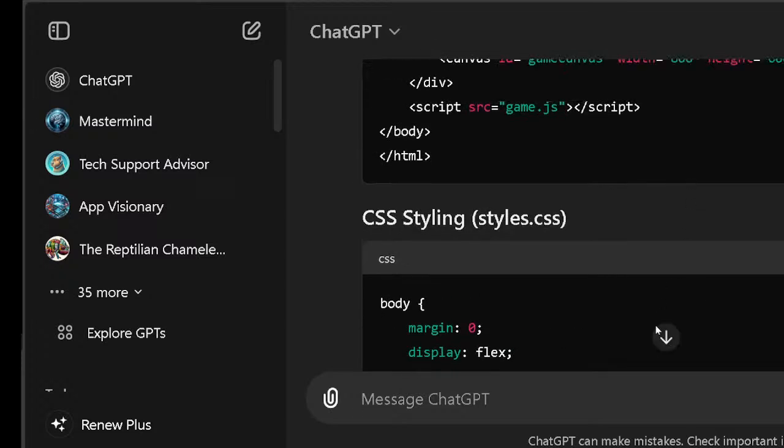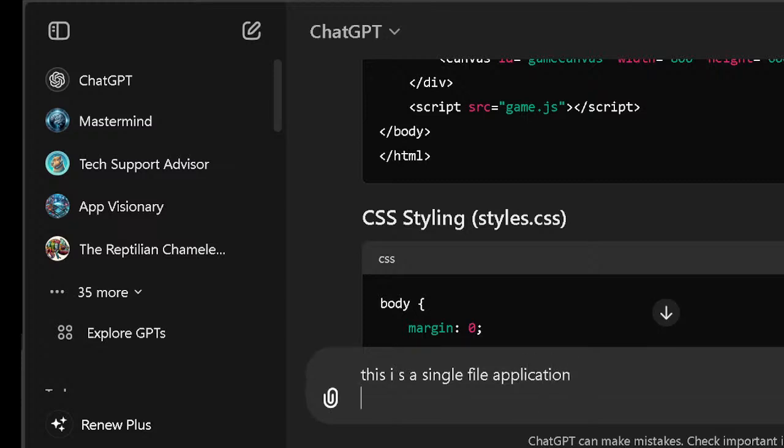Yeah, this obviously not going to be enough, but so this is a single file application. You just want to be in one. It's easier for this situation. You know what I mean? Not easier when you're customizing later on, but